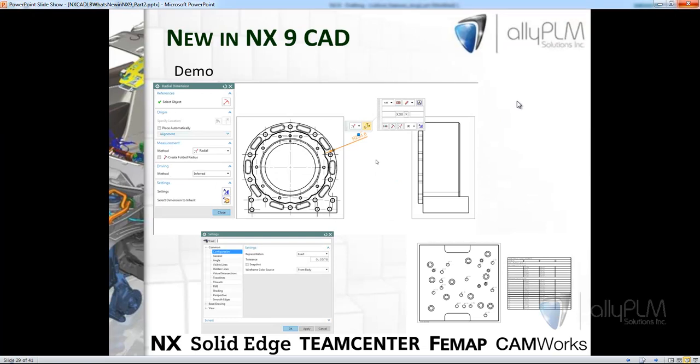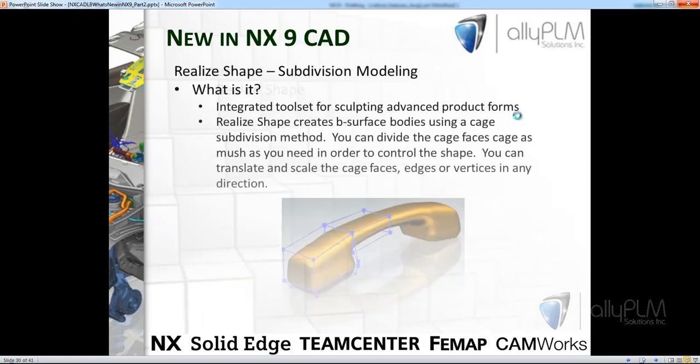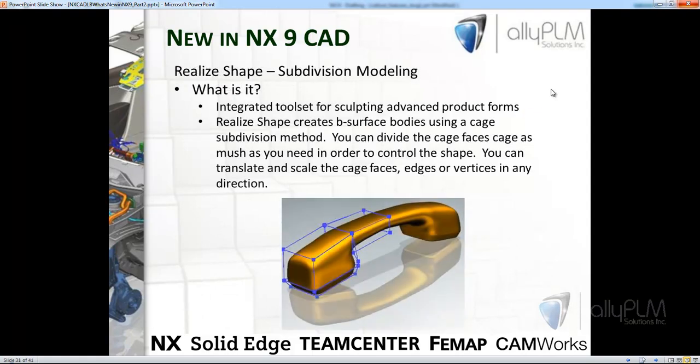The last tool we want to talk about in our presentation is a tool called Realize Shape. Realize Shape is also known as subdivision modeling. The concept is known as subdivision modeling. The tool in NX is called Realize Shape. What is it? It's an integrated tool set to create some more advanced shapes. It creates B-surface bodies, and you're going to see this term called cage, and it's going to subdivide the model,